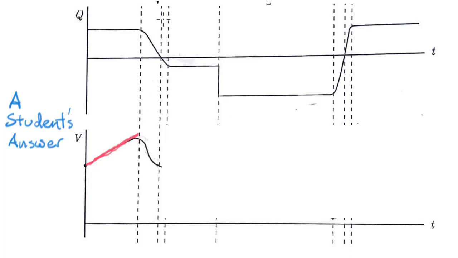slightly before it reaches this dashed line, the student notices that the Q is dropping, and the student says at the same time, therefore, the volume of water in the tank must be dropping as well. So what do you think about this? Does this one make sense?